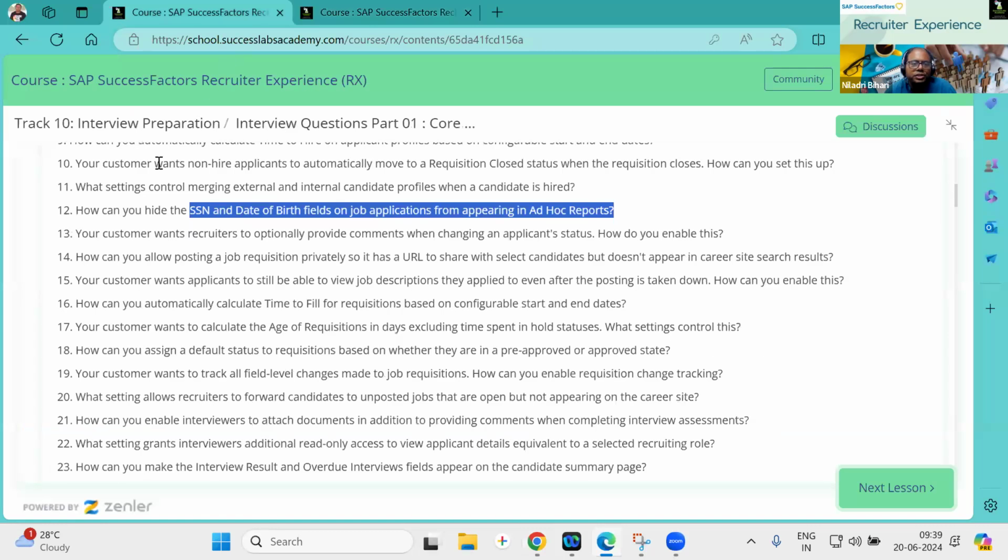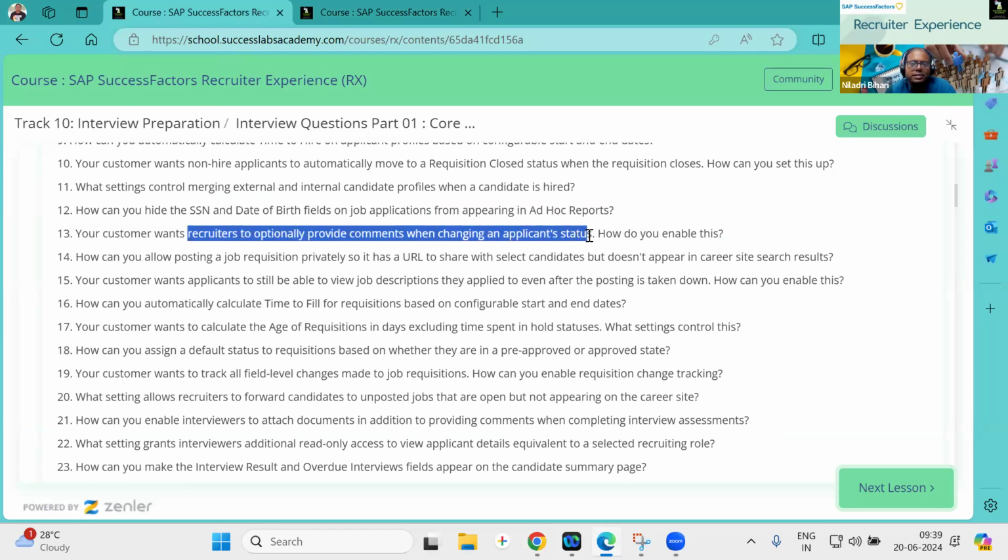Moving on to the next question, the scenario. Your customer wants recruiters to optionally provide comments when changing the applicant status. How do you enable this? Suppose I'm a recruiter and I'm changing the applicant status.